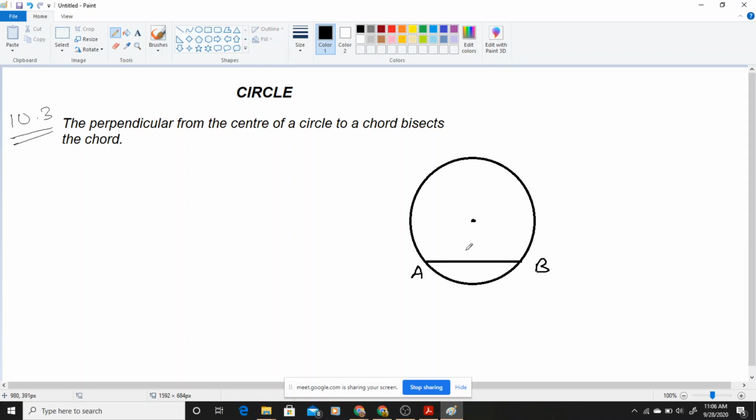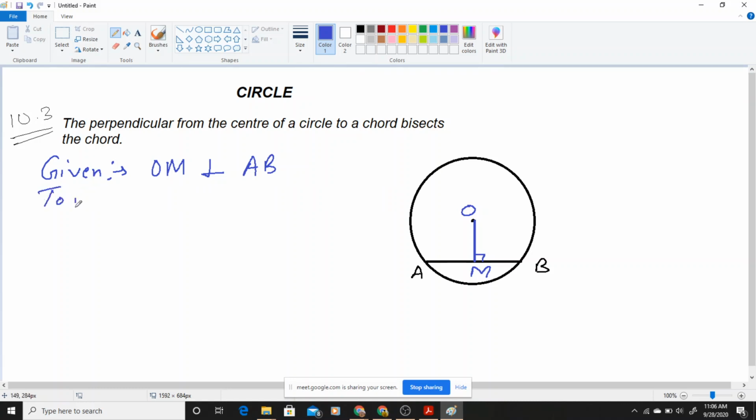here we are drawing a perpendicular on the chord. इस chord के ऊपर हम एक perpendicular draw कर रहे हैं, okay, like this. I am drawing a perpendicular from the center, okay, this one. So I will be taking this perpendicular. Now the question is, see, the given statement in this theorem we will be taking is that this O, and you can name this as M or anything. So this OM is perpendicular to AB. OM and AB are perpendicular. This is the thing given.